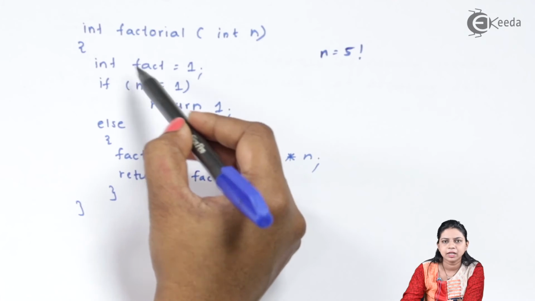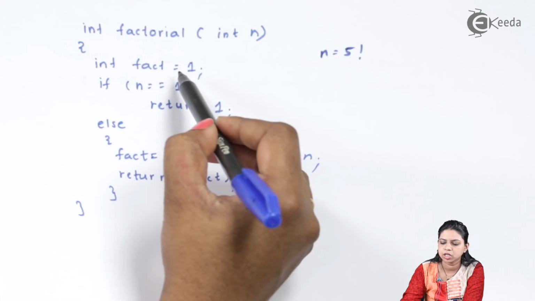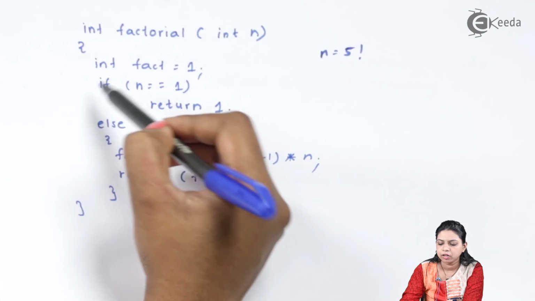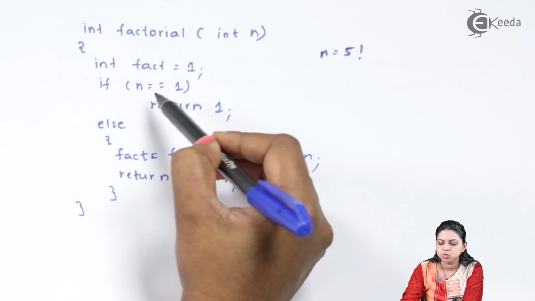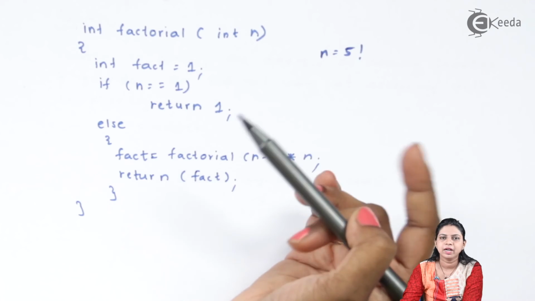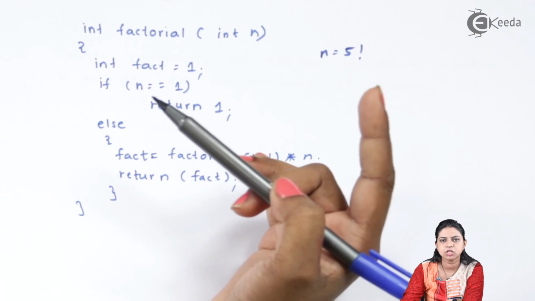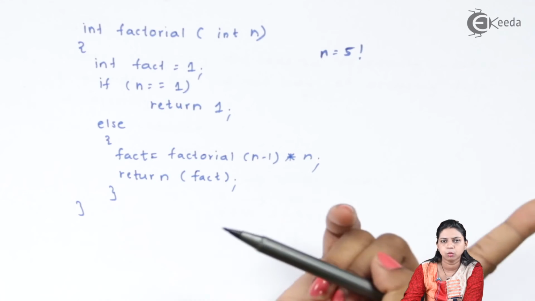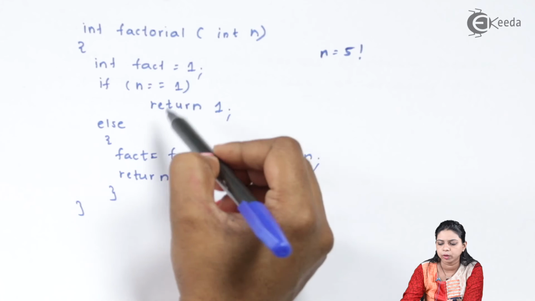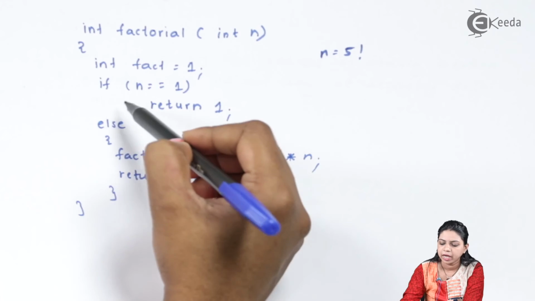Inside the function I declared one more variable, that is fact, whose initial value is 1. Now if n is equal to 1, then I will be returning 1. It means if the user enters 1 from the keyboard, the user wants to calculate the factorial of 1, and the factorial of 1 is going to be 1. So if n is equal to 1, then you will return 1, else you will go